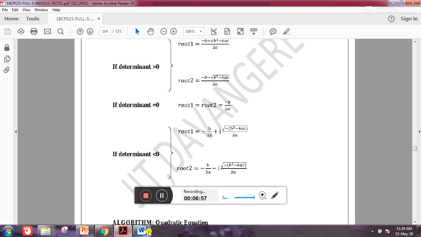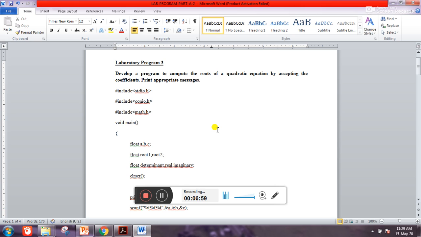So now we start writing our program. This one is the program to find the roots of a quadratic equation. First we have to find the determinant value. Before that we are going to check the inputs, whether they are real numbers or whether you are accepting zeros. So first, how many inputs do we need to take? Here we need to take 3 inputs, a, b, c, and then we need to find out 2 roots, root 1 and root 2, and in those we are going to check whether the root is real or imaginary, and we have to find out the determinant value.